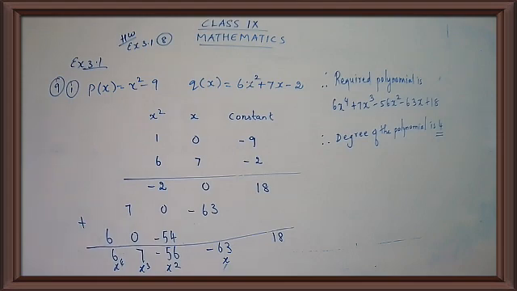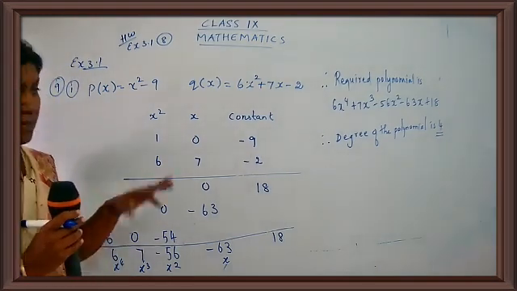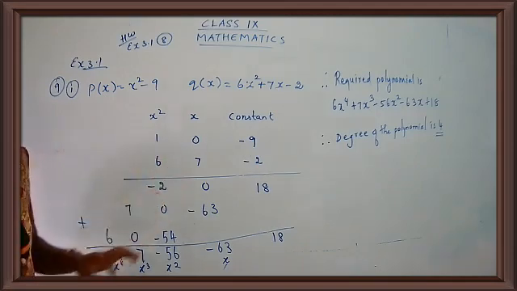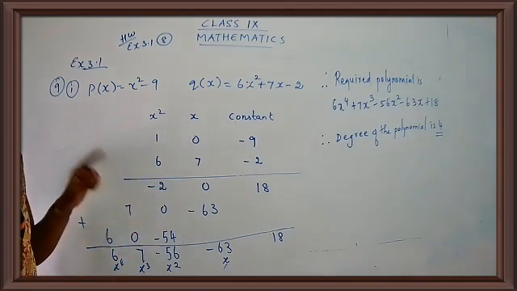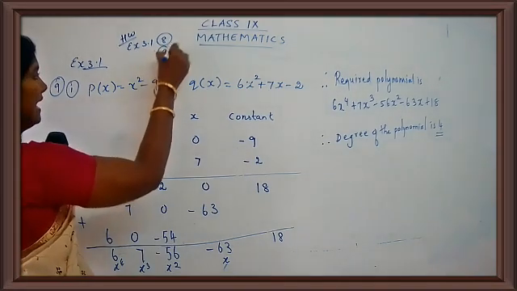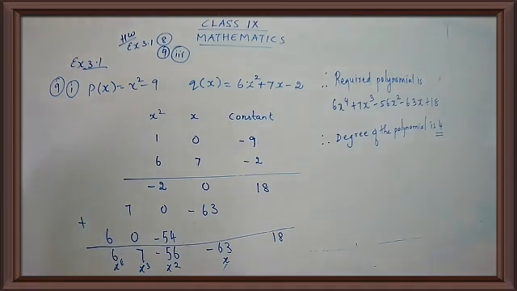Okay, now let's take the second subpart from this. We have totally 3 subparts in question number 9, children. I'll be doing the second subpart also, and you will be doing the third subpart as homework. If I do one more sum, you people will be thorough with this concept. So let us do the second as classwork, and you are going to try out the third one from question number 9 as homework.